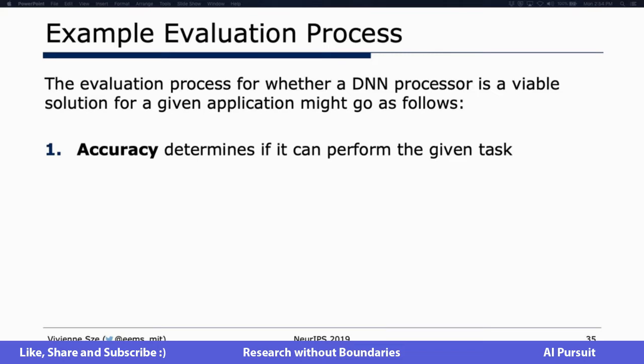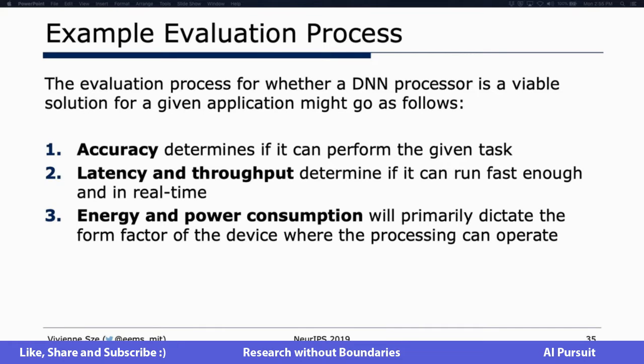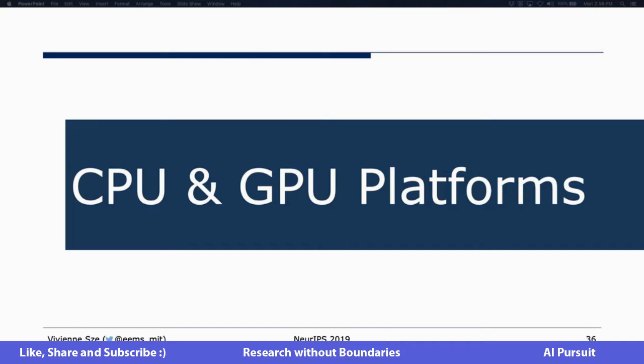So that should also be something that you take into consideration when you're evaluating various solutions out there, and on what data was it actually tested. So just as a very quick example of how you might walk through these different metrics in terms of making a decision, for example, whether or not a various DNN processor or technique is good for your particular application or a viable solution for your application,